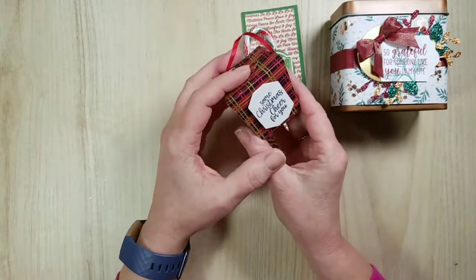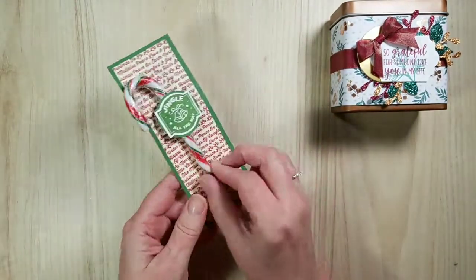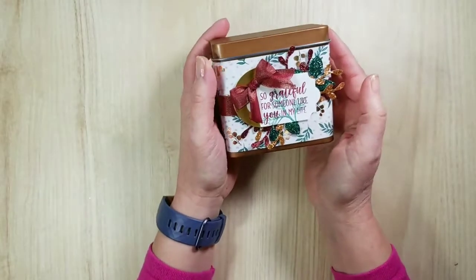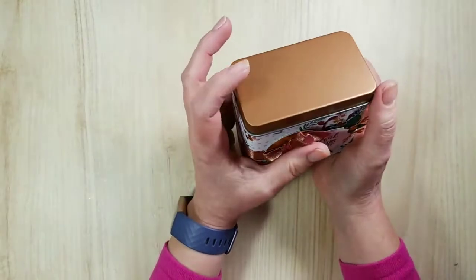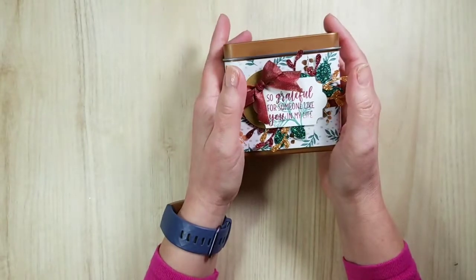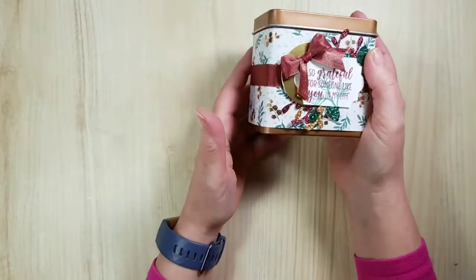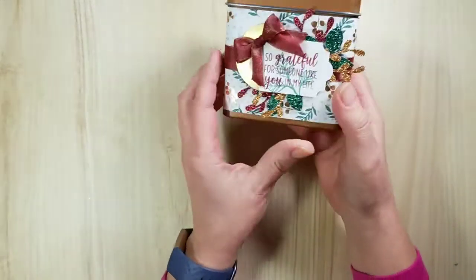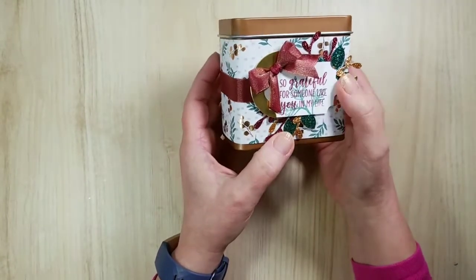And this was done by Melissa on the team. Really sweet, super sweet. This was done by Lena. Look at that beautiful bow. These tin cans are on the discounted list. I know they're on sale, so that's a good thing. And Lena decorated this with some holiday paper and some beautiful sparkly paper that's in the holiday catalog,